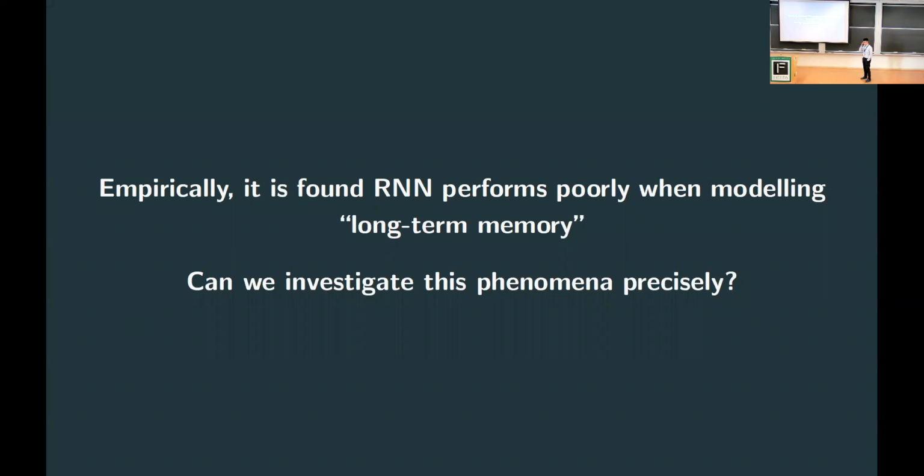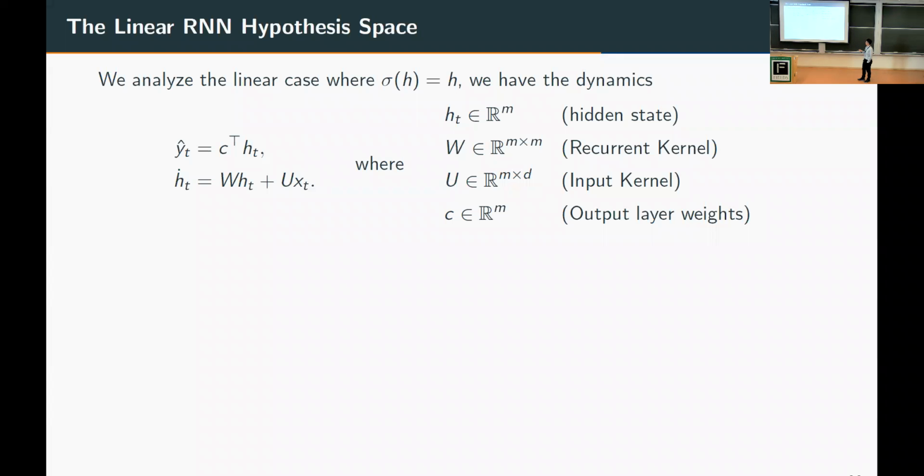So empirically, we found, as a kind of empirical fact, that RNN performs very poorly when modeling systems with long-term memory. Okay, and whatever that means, it's not really very precise. But usually, one understands this term by saying that the output depends on some input features from a pretty long time ago. That's what long memory means. So the idea is, can we actually make this precise, and can we investigate this phenomenon more precisely? So what we're going to do is to start with the linear case and see what we can say about it. So we simply let the recurrent activation be identity